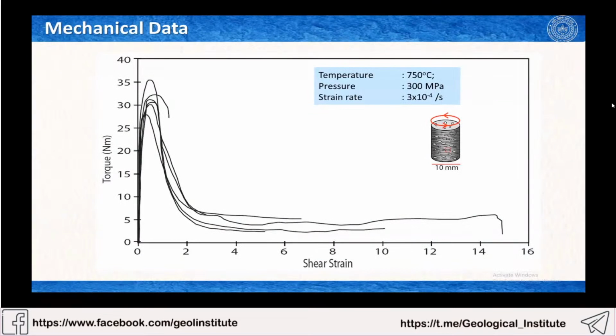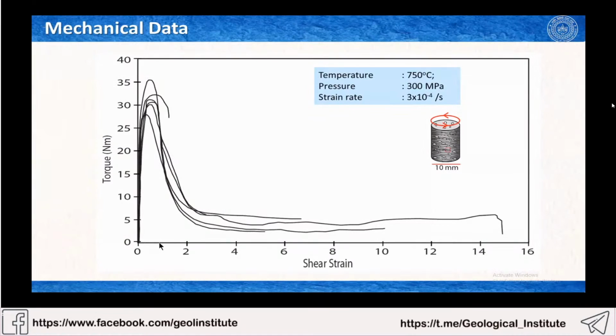So let's look at the mechanical data of the system. This is the entire span of all these experiments. Yield was somewhere here, and then it deformed plastically. The peak strength we achieved in terms of torque was about 30 to 35 Newton meter. And we will see that the strength reduced significantly, almost 60% at this stage, say for